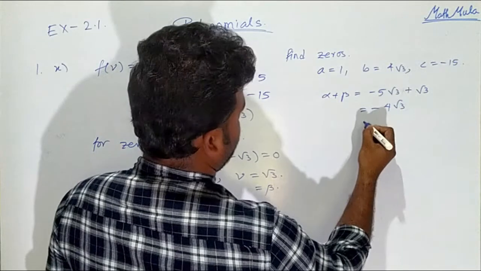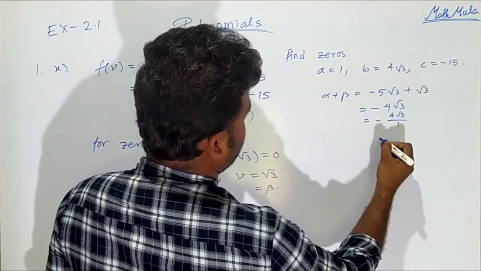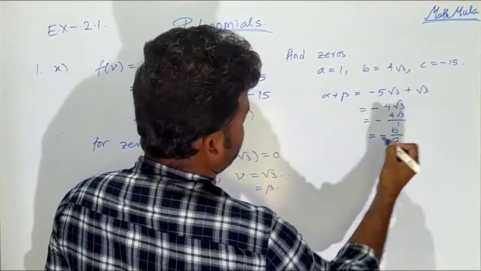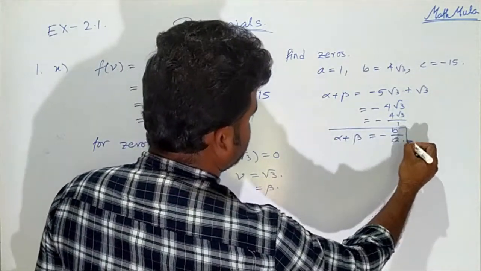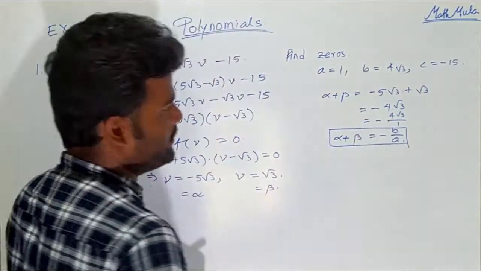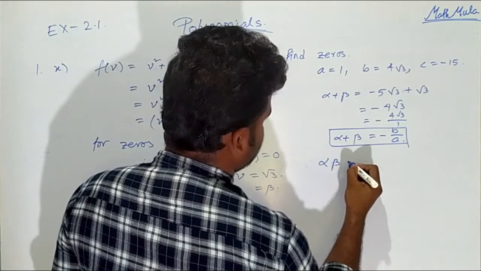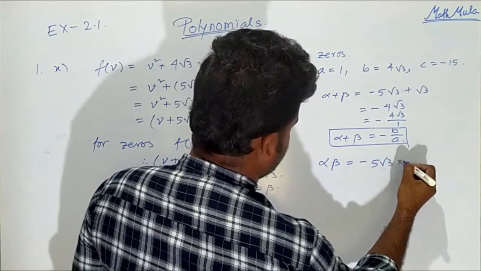root 3, and minus 4 root 3 can be written as minus 4 root 3 by 1. Now 4 root 3 is the value of b and 1 is the value of a. Then alpha plus beta is equal to minus b by a. Verified. Now for the product of the zeros, that is alpha beta is equal to minus 5 root 3 into